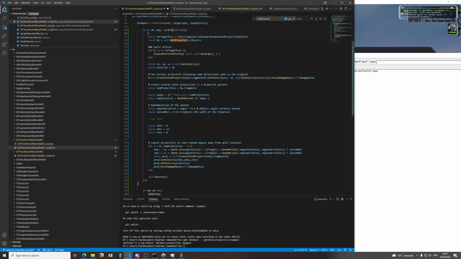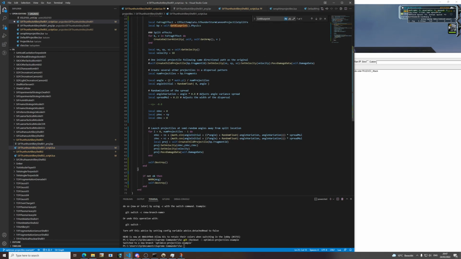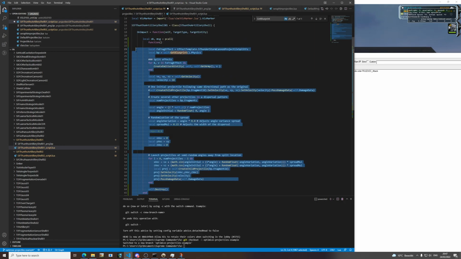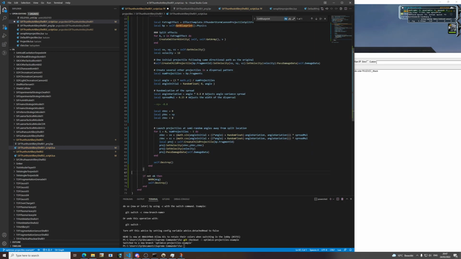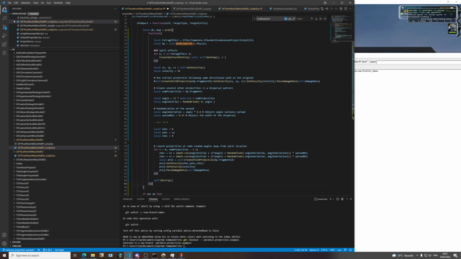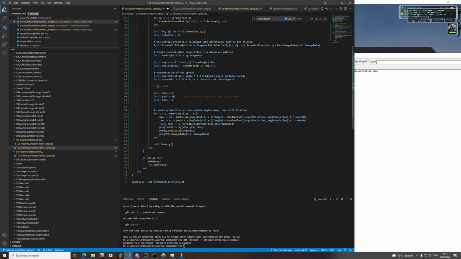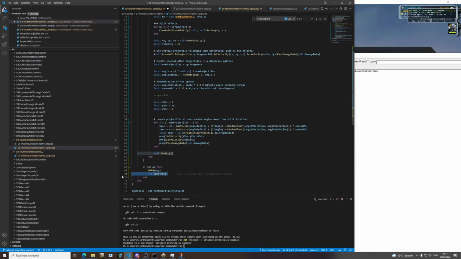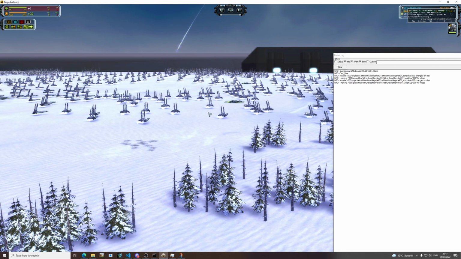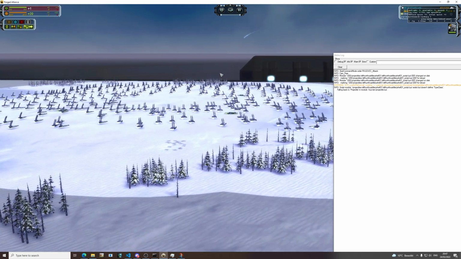So I took the liberty to add a p call in front of it, so that if we make a change that turns out to be not safe, so we change something that causes a crash, then the projectile is still destroyed. Because if we don't have this, but we make a typo here, then the next one, oh,